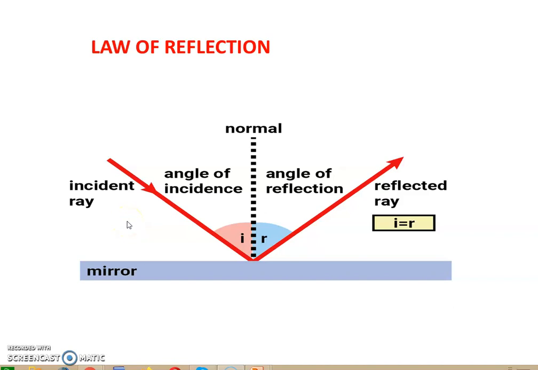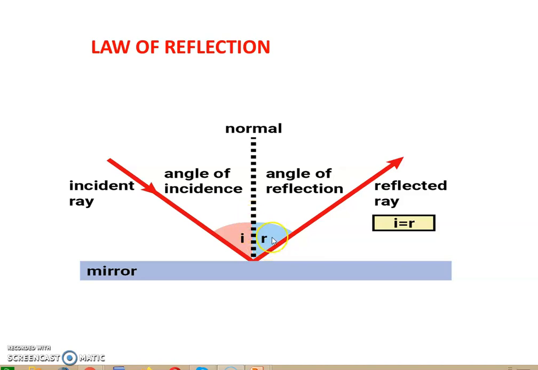Before we move on to the next question, just briefly I want to explain to you the law of reflection. Now this is something which you will be doing in science or probably would have done also. But once again I will explain. The law of reflection states that this ray, the incident ray, a ray of light which is falling on the mirror from a source and is getting reflected, the angle of incidence and the angle of reflection will be equal to each other. This is the law of reflection which we will be using in the next problem.